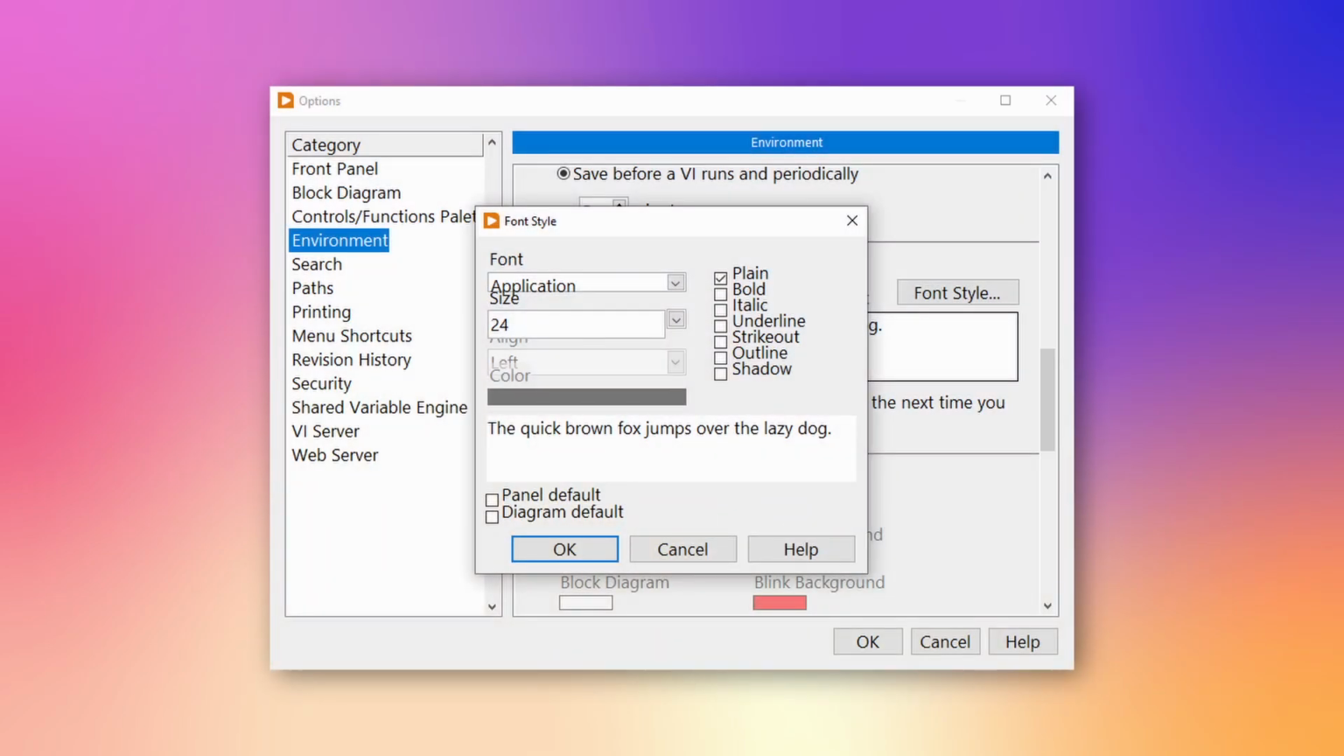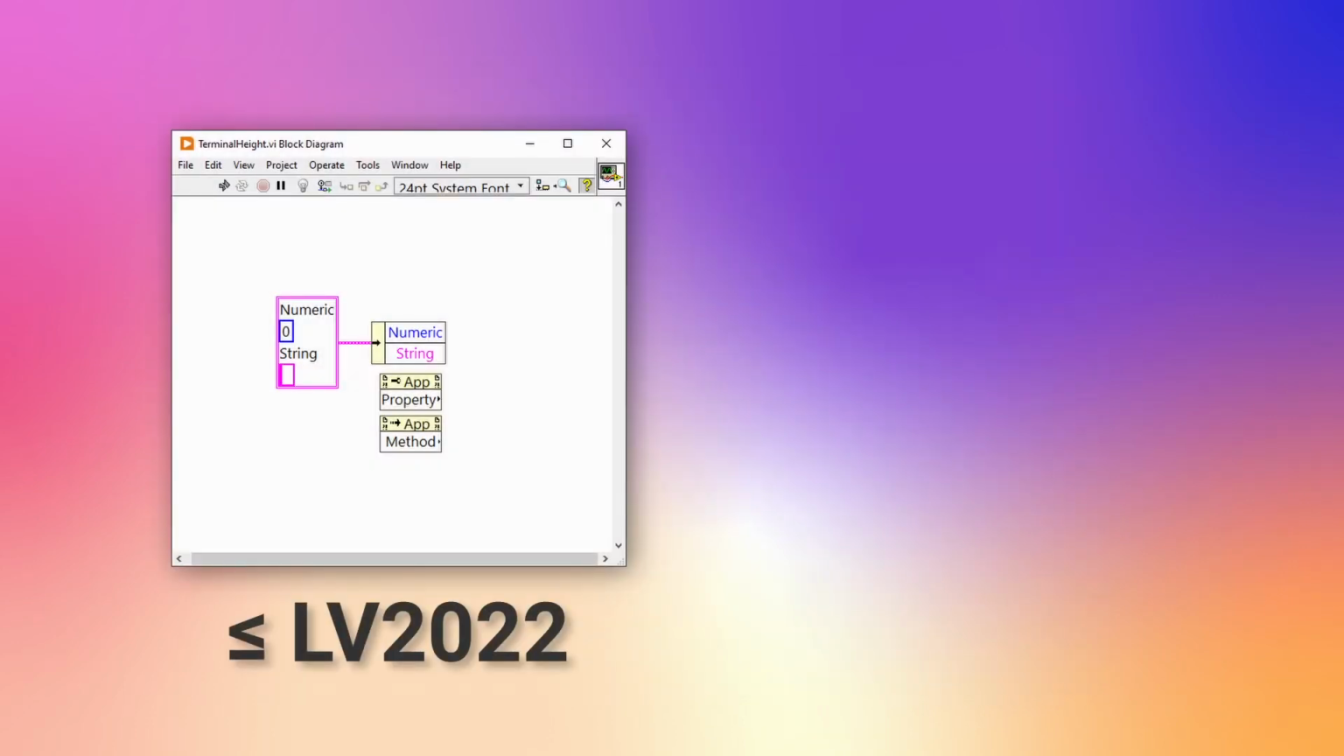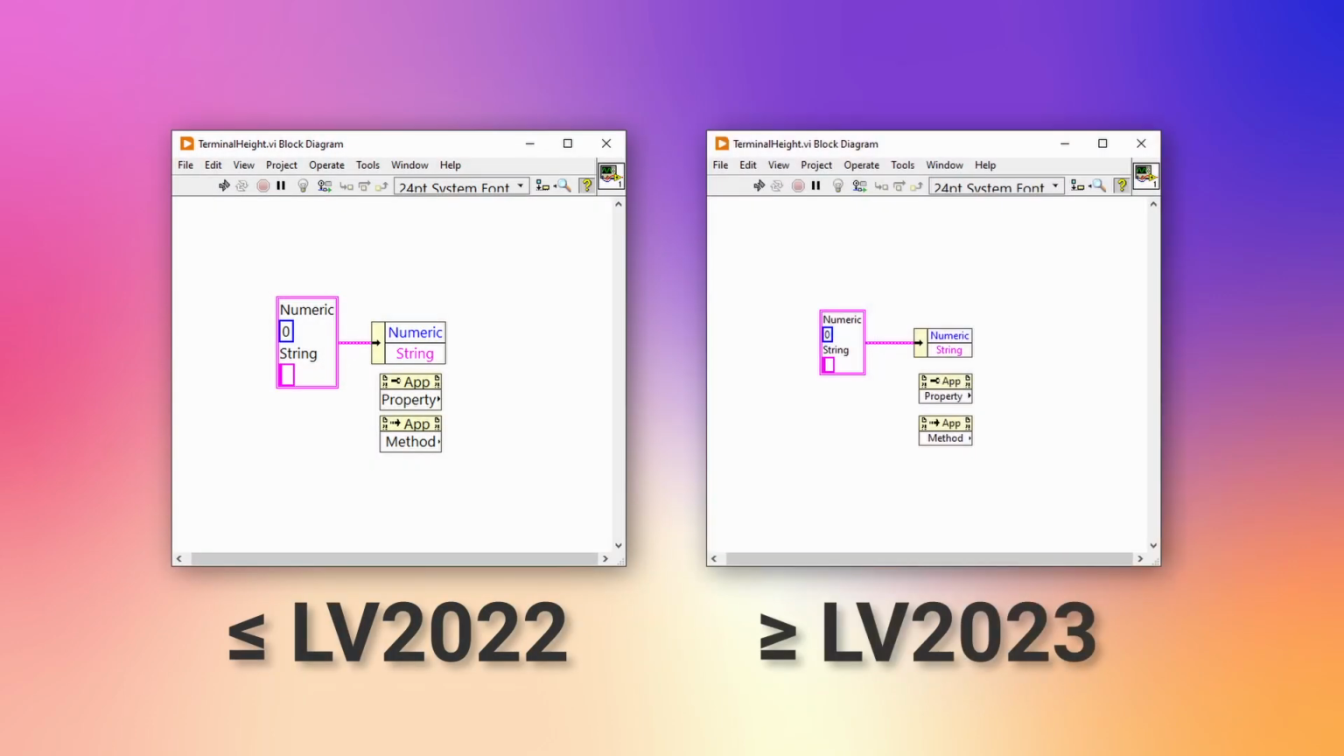Another improvement in this release is that the height of certain terminals will no longer change with the application font size. The fixed size for these terminals will now always be 16 pixels. This change affects terminals for functions such as unbundle and bundle by name, locals and globals, property and invoke nodes,